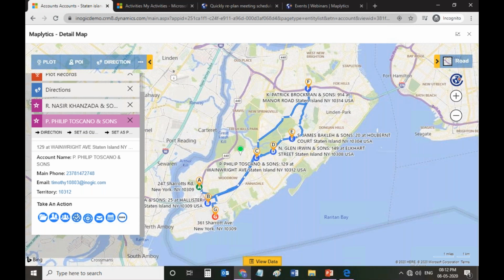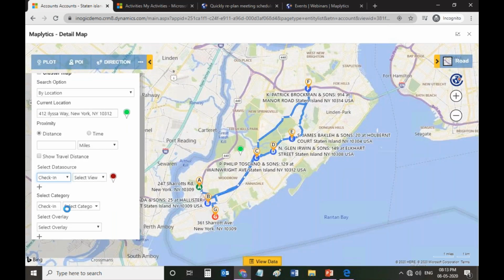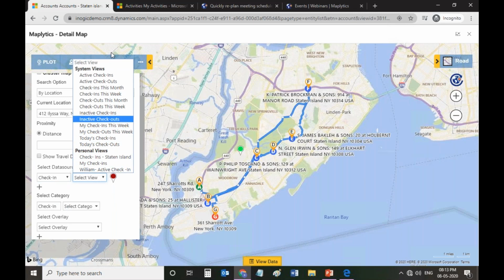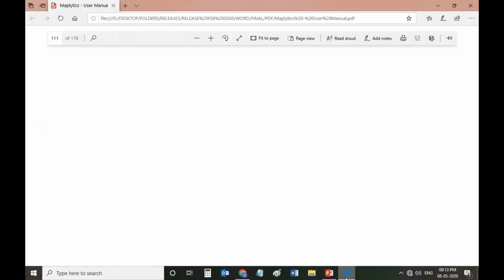Now, the superior of that particular salesperson, which means let's say he has a reporting manager, the reporting manager can also use this check-in feature in order to plot the data on the map. Here you can use this and you can select the check-in data source, as well as the respective view over here, right? I'm not plotting this because there's some issue with my net today, so the proper push pins are not coming. This is just the issue of the net. If you have a proper net connection, you will get the proper push pins as we have shown within the user manual.